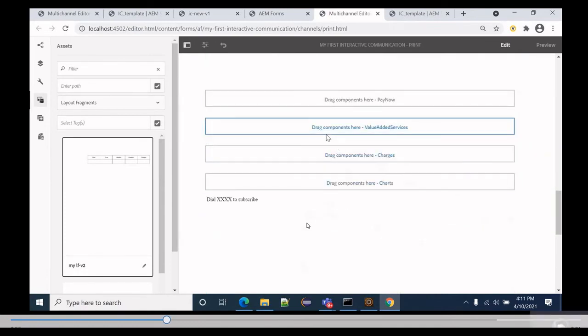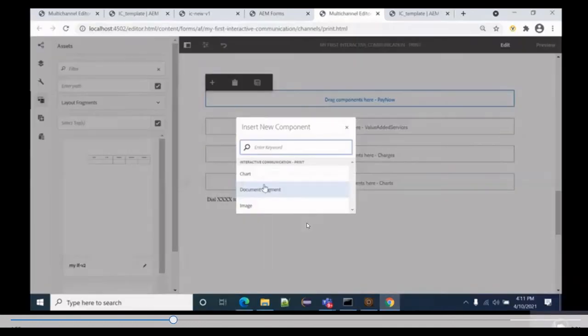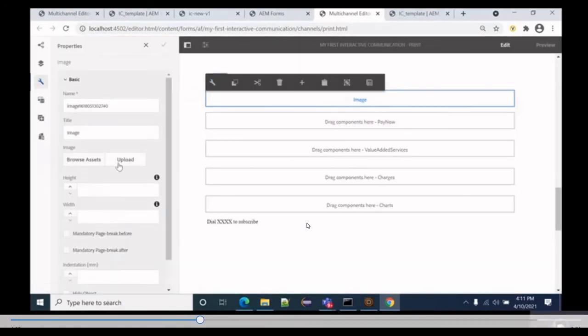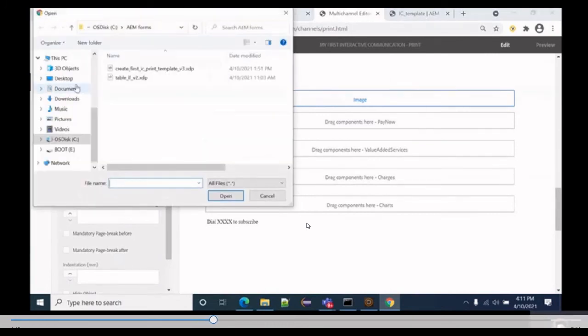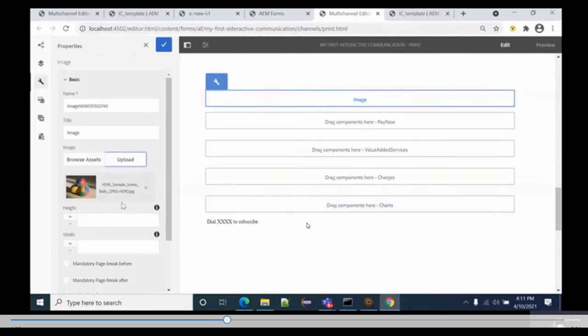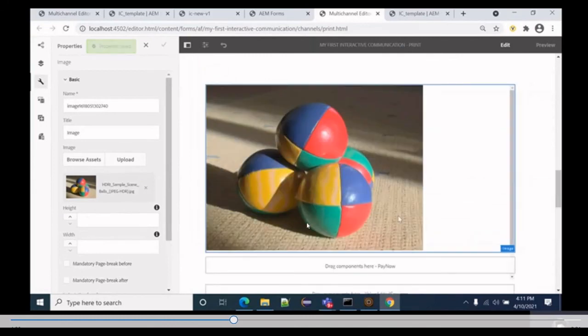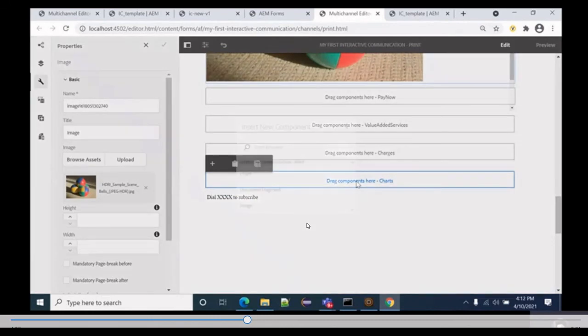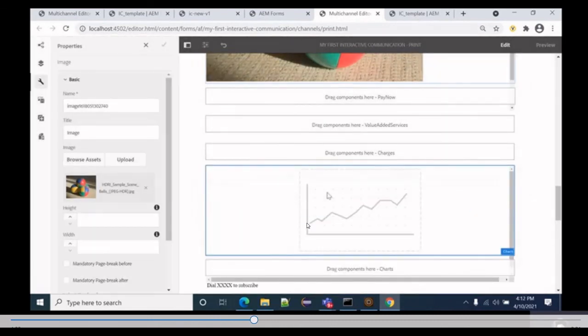Okay, what are the other fields we have? So for example, in pay now, maybe we can put an image. Chart we already have, maybe an image. Yeah, we can configure an image over here. We can upload an image. That's fine. I will just upload some random image, maybe from my desktop I will have a sample image. Yeah, similar way we can put, basically it's just design as in how we want to design it. So for chart, maybe I will put a chart over here, in which I can configure this chart also.